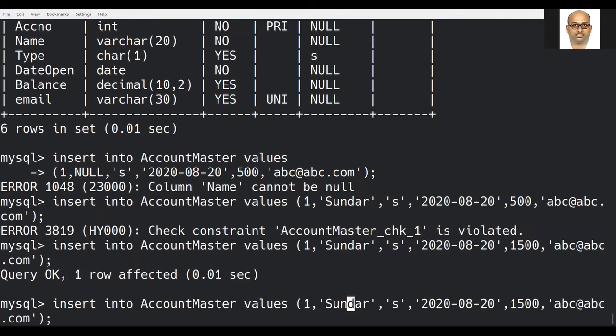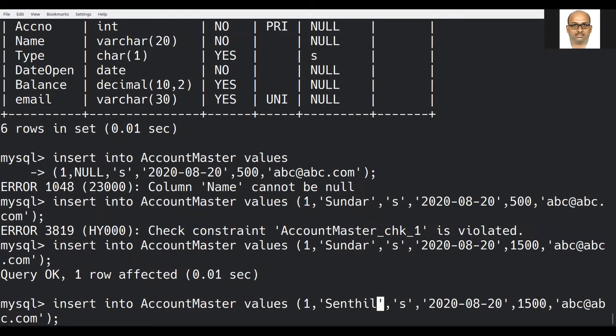I am trying to insert the same record. Let us see what will happen. Here also I am giving the same account number. So let me change the other data alone: instead of Sundar, I am changing this one to Senthil.